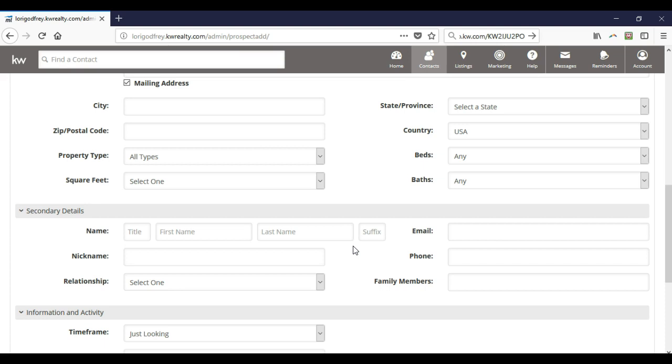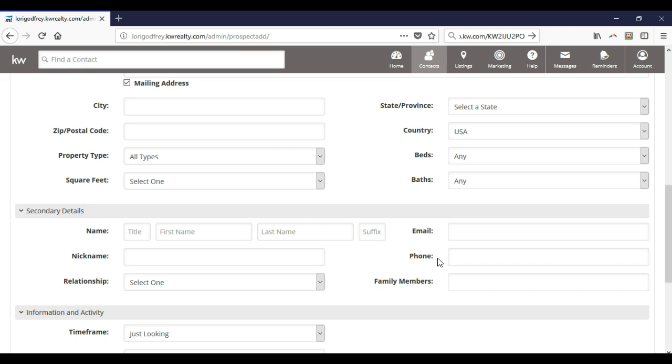So with that being said on here, if you notice there is an option that says email and phone. Now, under the email and phone option, this is not going to automatically add this person over to your campaigns, I guess is the best way to talk about it. It's not going to automatically add them over to your campaigns. In this case, if you just want to add someone additionally on here, for instance,